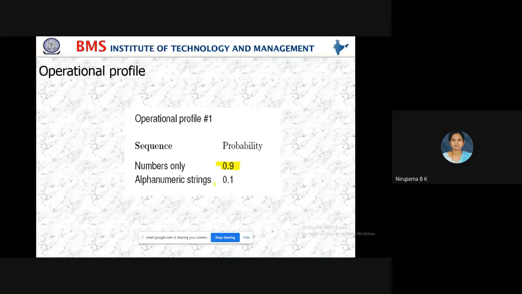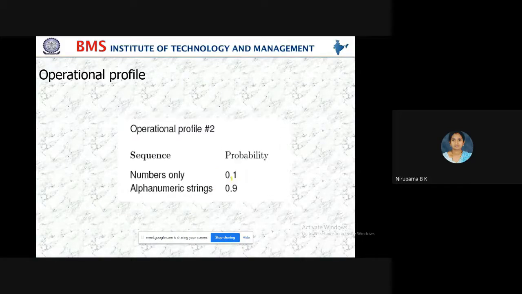A numeric string may contain only digits, while an alphanumeric string may contain characters and numbers both. If you say numbers only, then it contains only the digits. If you say alphanumeric, it contains both characters and numbers.